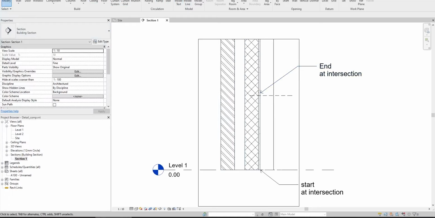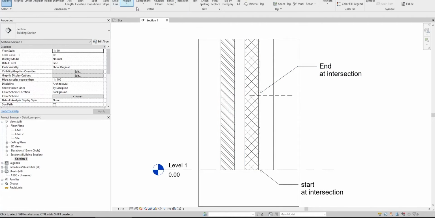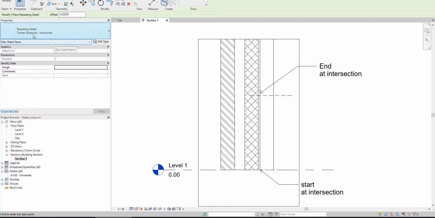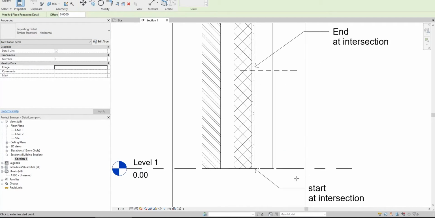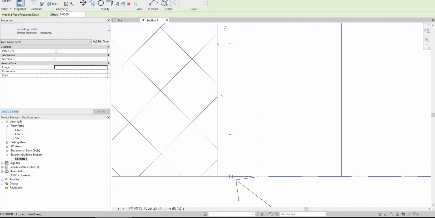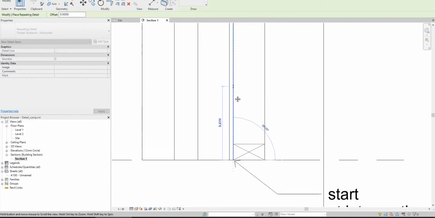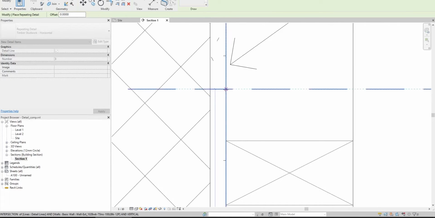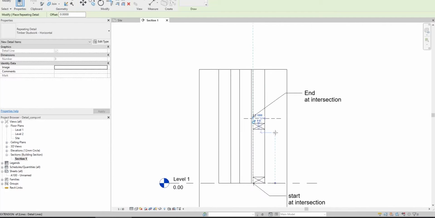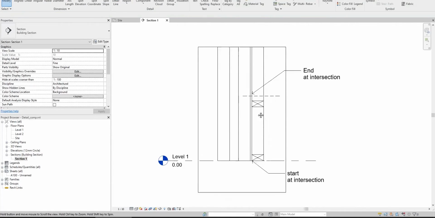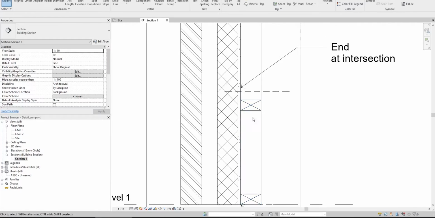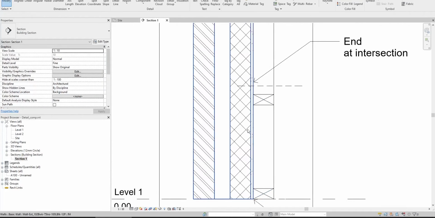So I'll go here to annotate, then component, and repeating detail component. It says here timber stud work horizontal. Okay, I should start at this intersection and end in this intersection. So that's the intersection, and I should end here. And I should get this distance,